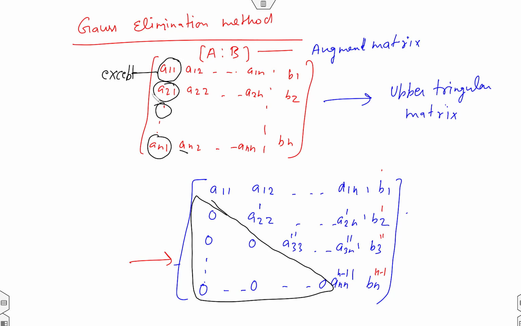Okay, how to apply row operation? For that we will define some multiplier. So M21 is what? That is the multiplier associated to the A21 position. So what we do, we will compute M21 with the help of A21 and A11. This A11 is what? That we have not to make 0 at. This is the element called pivot element. Pivot element. And the corresponding row is called pivotal row.